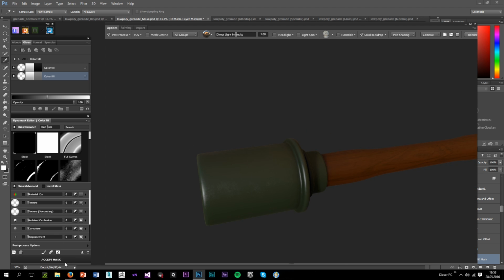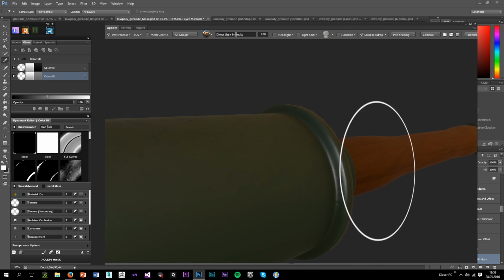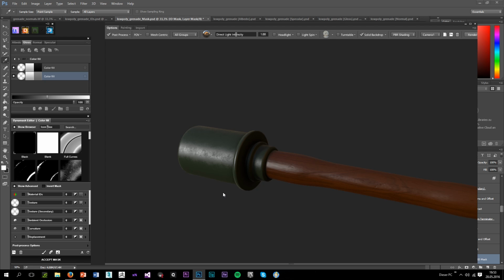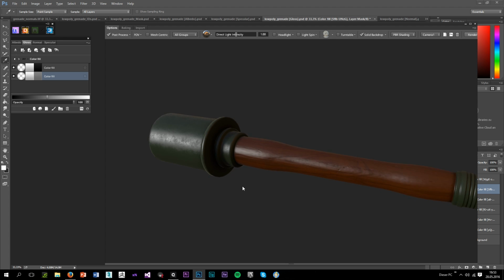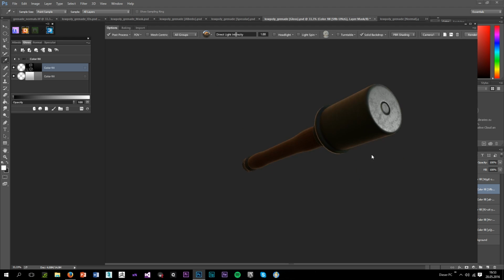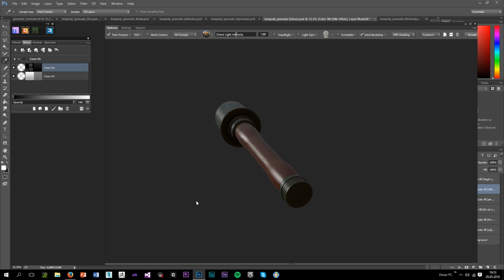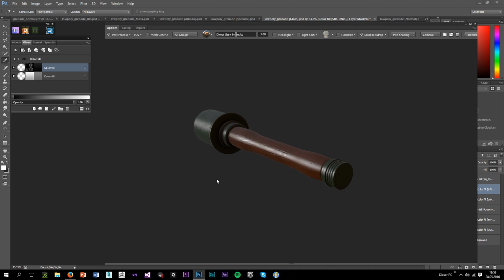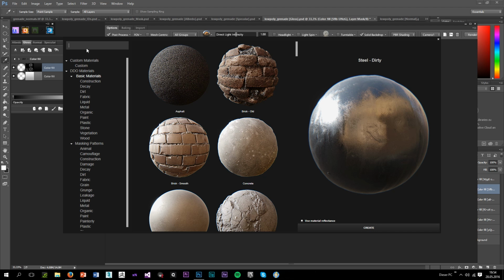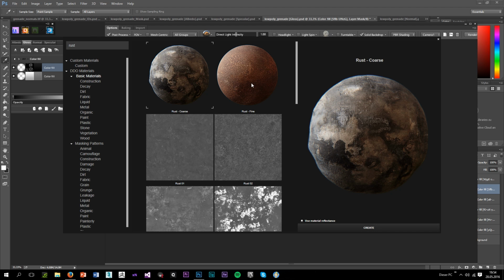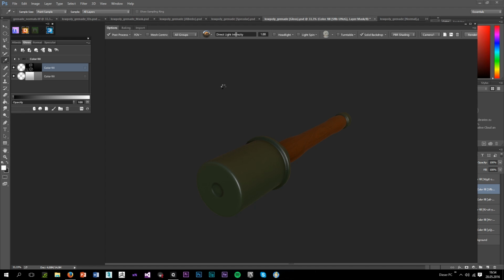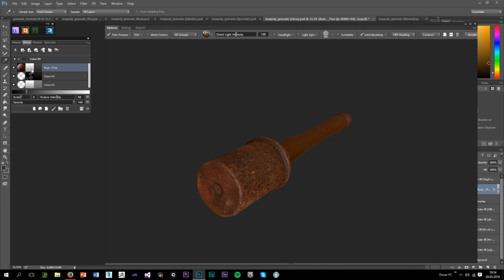I will add first, accept the mask. I'm gonna make sure I'm okay with what's happening. Accept the mask. Okay, so it will look like this. So I'm gonna add a material and we'll type in rust, and we have this nice rust fine. So I will get this, edit the scale first,